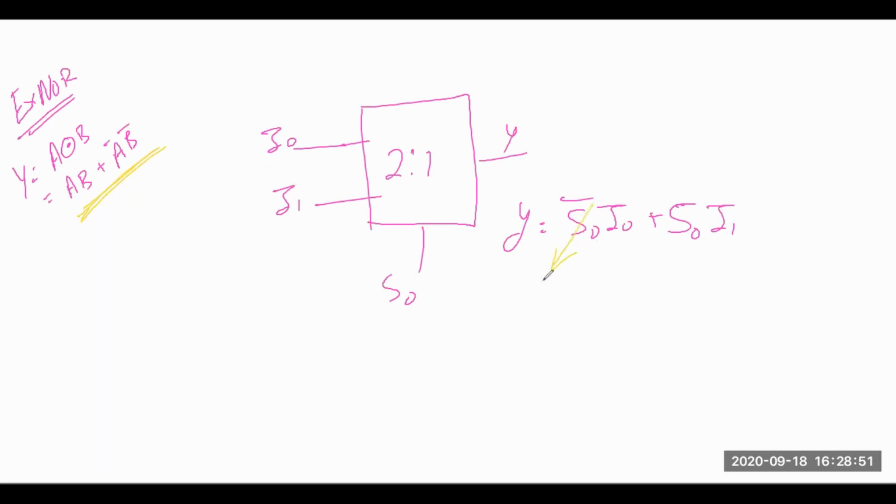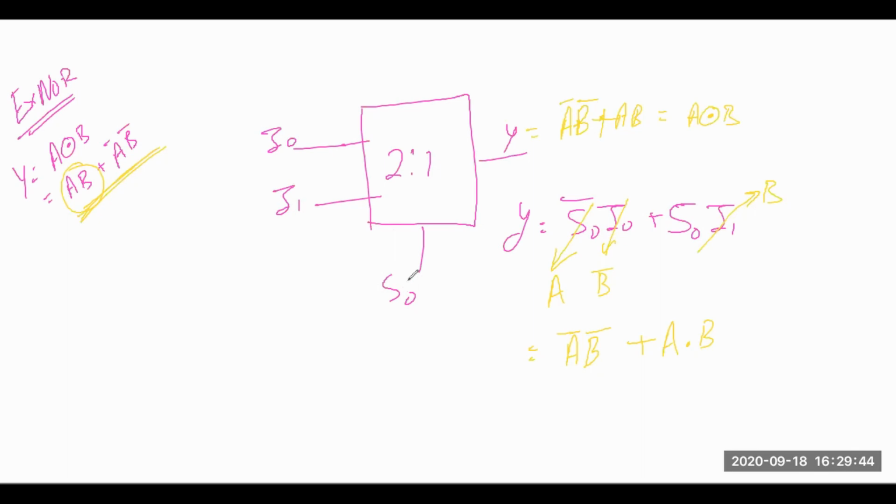The first thing is S0 you can take as A, so you will be getting A bar. Now you need A bar dot B bar, so I0 you can consider as B bar. Simple. So that will be A bar dot B bar. Then in this part you need AB. Already S0 you have considered as A, so there is no problem with A. Now the thing will be very simple when you compare these two. I1 you compulsorily need to take as B. If you are dealing in this way, you will get A bar B bar plus AB, which is nothing but A XNOR B.